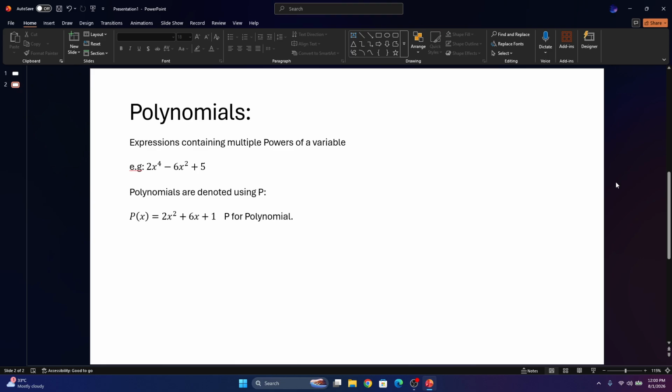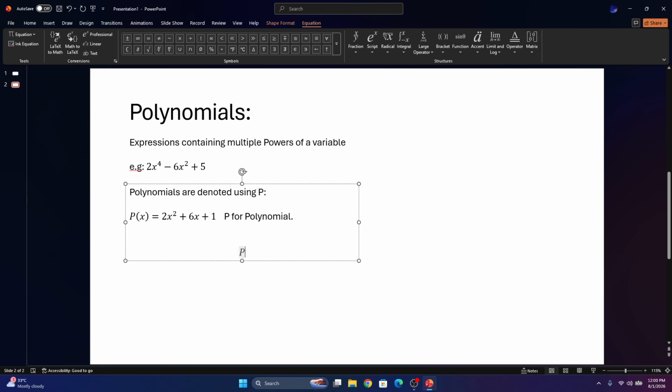Now, in our exams, these polynomials are usually denoted using the symbol P of x, which is basically similar to what we learned in functions, where an expression is denoted using f of x. However, here, because we are dealing with polynomials, the f is replaced by a p, so it's basically p of x, where p is for polynomials. And we can actually solve this by inserting different values for x. So for example, if here we had